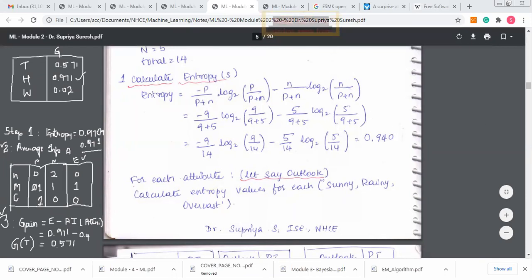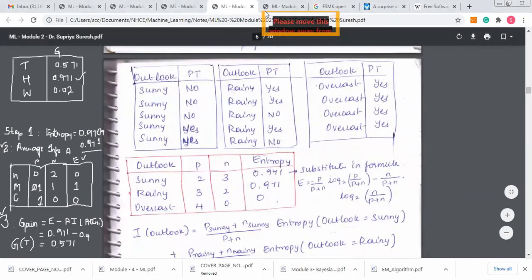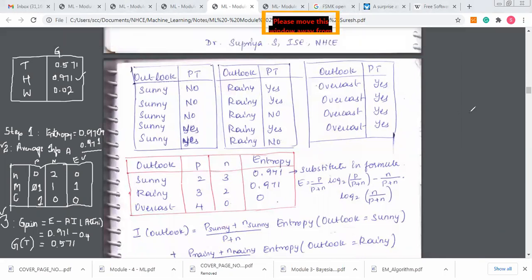We calculated the entropy here, right? See, the first entropy when we calculated for this particular table. Okay, let's write down the values so that it will be helpful. When positives and negatives are something like 2 and 3 or vice versa, 2 and 3, 3 and 2, I get the same entropy value, 0.971.